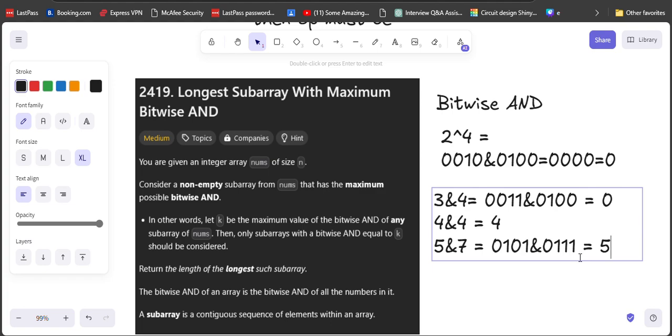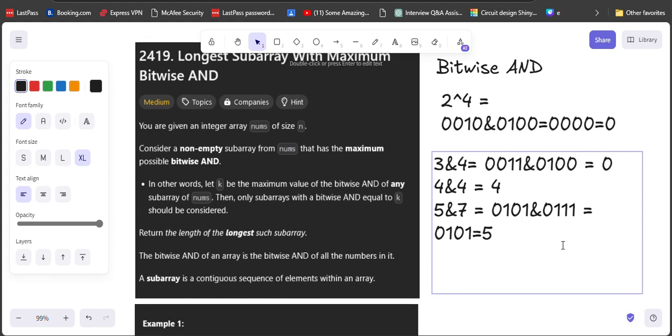So the output of this is 5. How so? The AND of 0 and 0 is 0. The AND of 1 and 1 is 1. The AND of 0 and 1 is 0. The AND of 1 and 1 is 1. So this is 5. Now here we can conclude that the AND operation of any two elements is always less than or equal to min of a comma b.